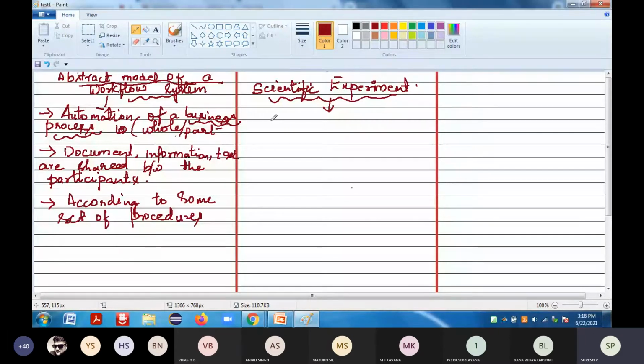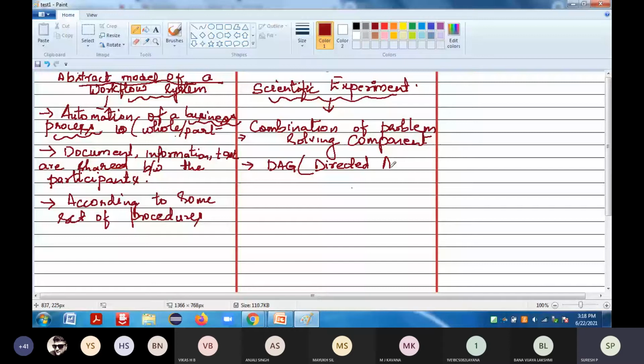So now what does the process consist of? Process is nothing but a combination of problem statement. If you take the business process or experiment, it's a combination of problem solving components. Once you have that combination, it is going to be represented as a DAG, where DAG stands for directed acyclic graph.